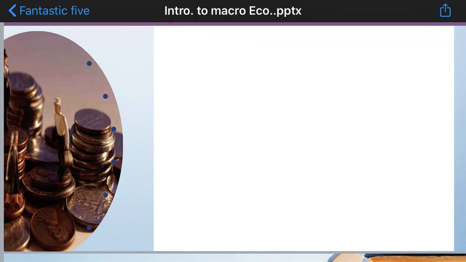Next, business cycle. All economies face the problems of business fluctuation and business cycle. What do you mean by that? There will be ups and downs in an economy. Sometimes there will be a boom, sometimes recession, depression and recovery. All these are called business cycles, which we will be dealing with in the 4th and 5th chapters.